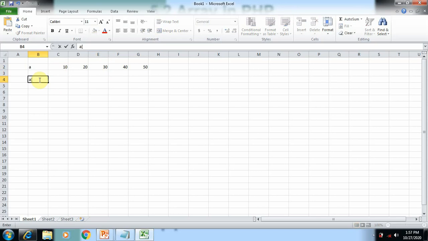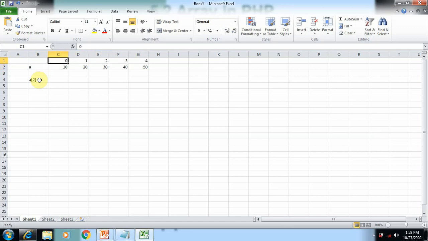A of 2 is the correct index value for the 30, because each and every value in the array is indexed with a number, and they begin from 0. So the first value of the array has 0 as its index, then 1, 2, 3, 4. Here you can see all the elements have their own index value.